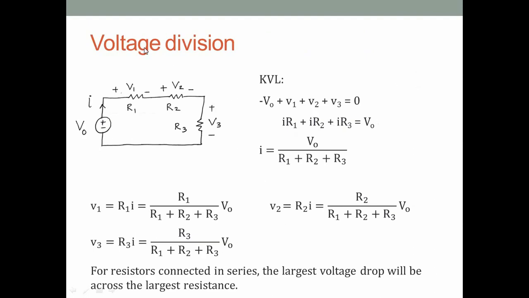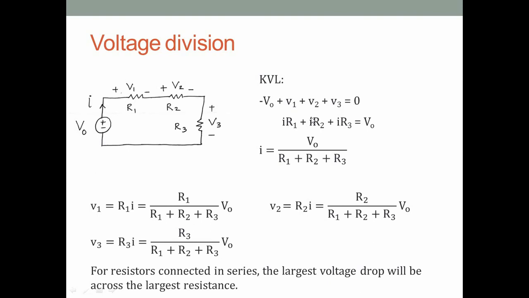Okay, let's quickly go through what is called voltage division. I don't know if you've done this before. I think you have, so we'll just go through this very quickly. Let's say we have a voltage source connected in series with 3 resistances R1, R2, R3. Let us say the voltages across these 3 resistances are V1, V2, V3, and a current I flows through this one loop. Then we can write Kirchhoff's voltage law, the algebraic sum of voltages around the loop being 0, as minus V0 plus V1 plus V2 plus V3 equal to 0.